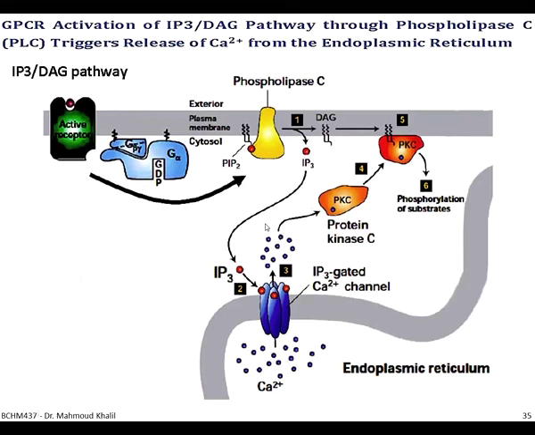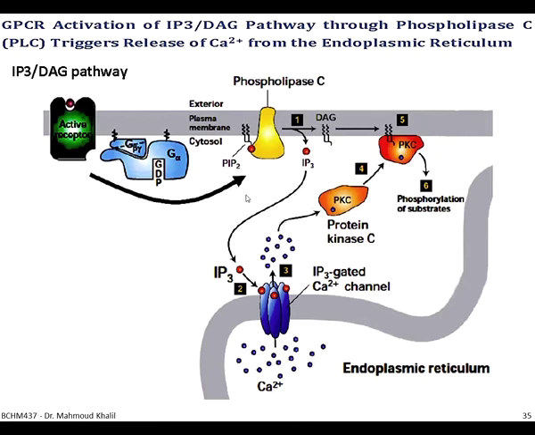Let's talk about another example, which is called GPCR: how GPCR is activated and triggers another pathway that controls the activity of one of the famous enzymes inside our cells, which is called PKC, and as well controls the amount of calcium inside our cells. You need to understand that calcium ions are very important ions that control a lot of functions inside our cells. So again, the receptor is activated.